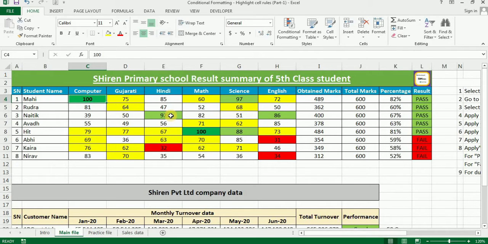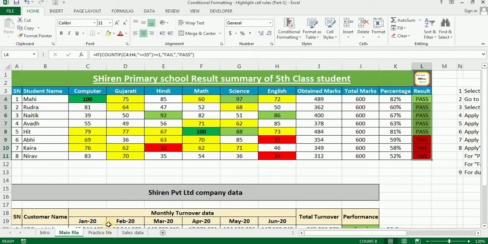that cell is bold and highlighted with dark green. Similarly, students who have achieved greater than 85 marks are with green highlighted cells, the yellow one is between 60 and 80 marks, and the red one is for marks below 35, which means failed. That way I have applied it, and here you can see the pass and fail. Pass is green and the red ones are fail. So how do we apply this?